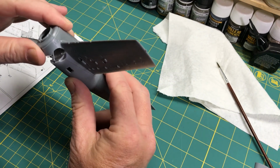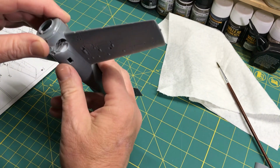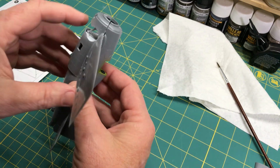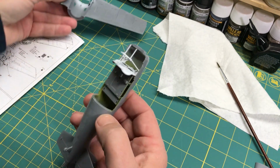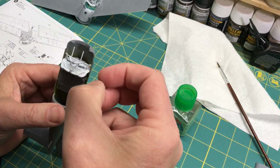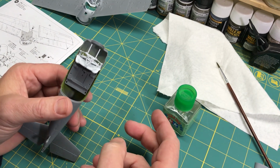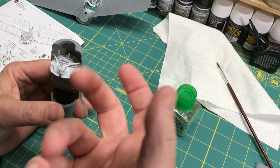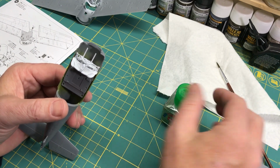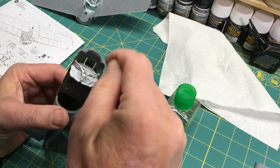Now there should be somewhat of a gap because it's not a piece that's welded or attached to this here, but it was a little more than I wanted. So what I did in order to make it look right is I got my Tamiya extra thin, and this is a trick. Sometimes when you glue stuff, especially if it hasn't set for too long, after I monkeyed around with it a little bit, it probably dried for 5-10 minutes. What I did is I got the Tamiya extra thin and I ran it along